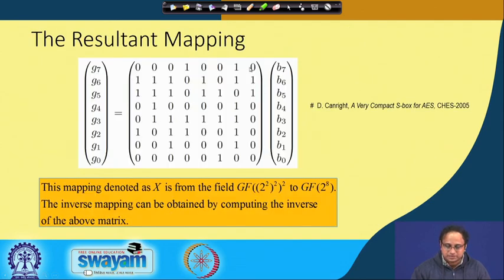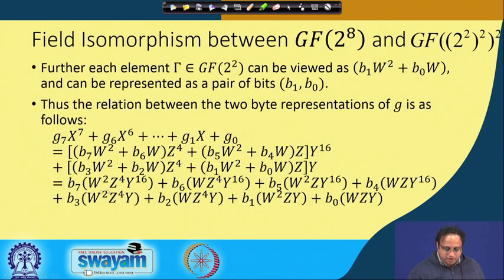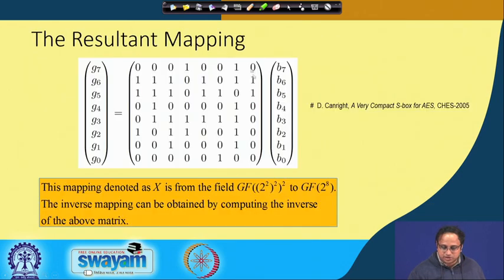So you can see that each of these columns, what it means is that if I am multiplying this with the vector denoting B7, B6 and so on, that is exactly what is in the right hand side of this matrix. So this matrix multiplies with B7 to B0 and gets your result in G7 to G0. So we are using this matrix, mapping an element in the composite field to GF 2 power of 8. If I call this mapping x,